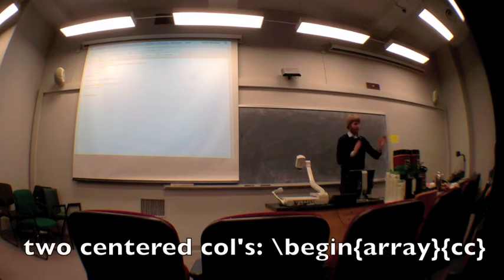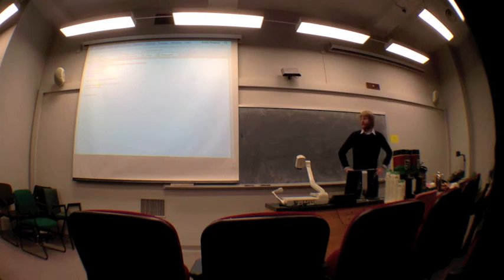So, array, and then with an array you have to tell it how many columns you want. You can use L for left aligned, C for centered. Does LaTeX completely ignore white space? Yes. Except for single spaces between words? Yeah. So it ignores line breaks, like if I was to do this. And then I'm hitting Command T to make... It's not going to come out because you started doing the array. Yep, start an array, so if I end it,